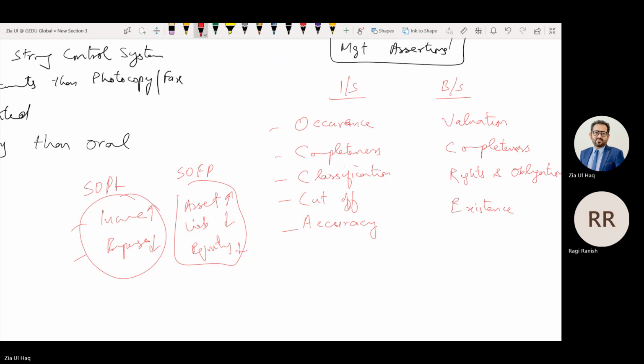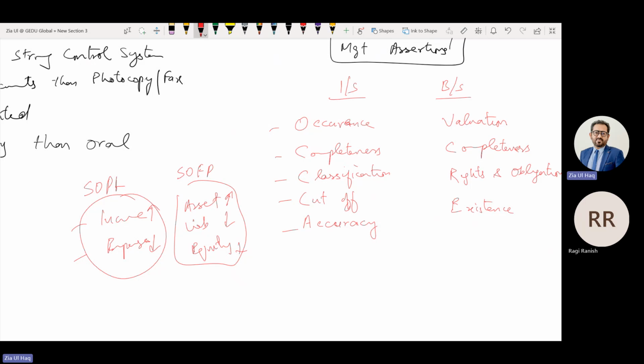So this means completeness. Figures are completely recorded, not missing, understated, mainly for expenses rather than income. They are not stupid enough to understate the income, because income, they always try to overstate. So occurrence, mainly we need to check for income. Completeness mainly we need to check for expenses.